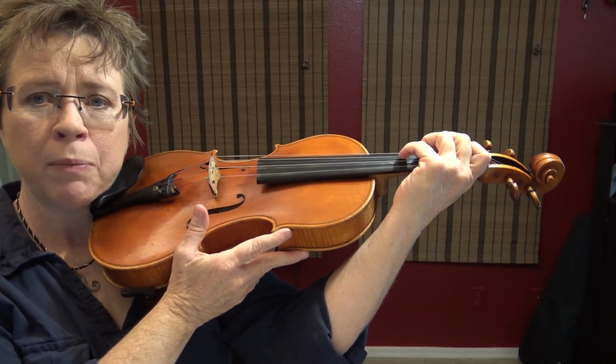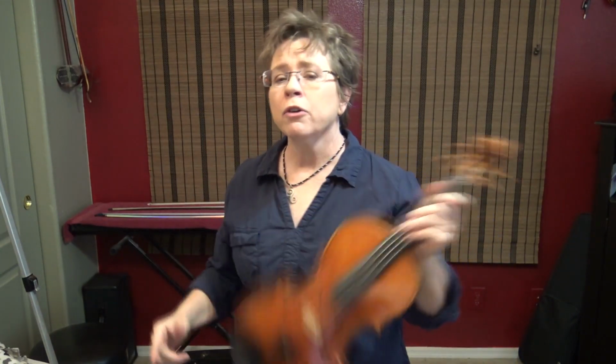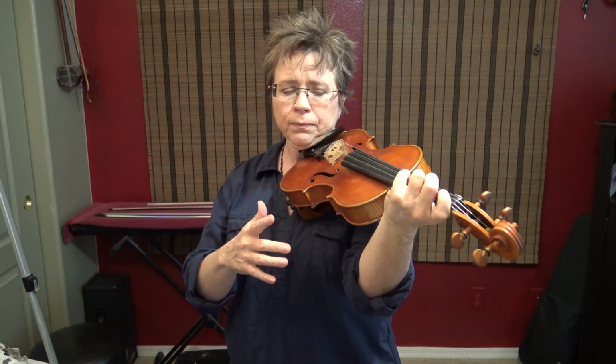See how rotating the elbow brings you into a more advantageous placement for the pinky. But we don't always want to do that. We don't want to end up with a sore shoulder. So that's one tool to use. Don't stay in that position. Another tool to use is